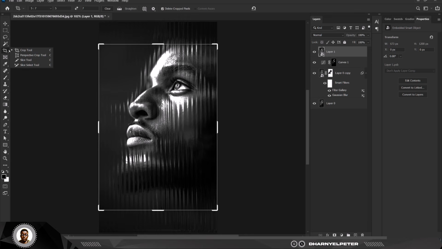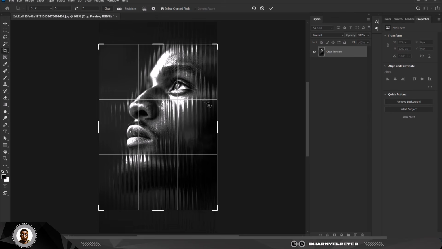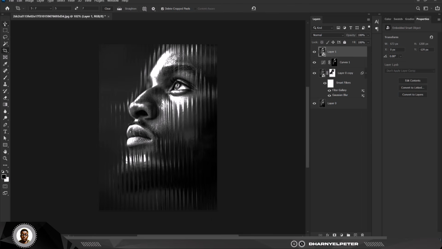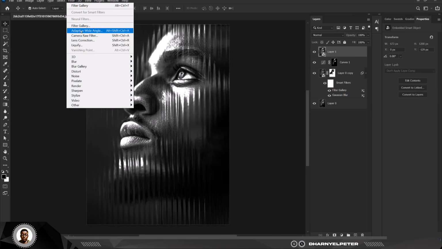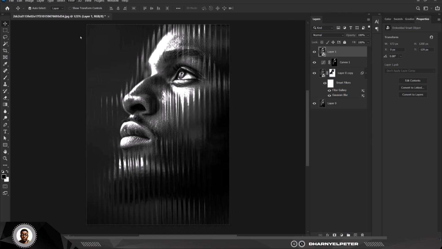And I'm going over to crop. The crop value, I'm just going to make sure I use a 5:7, right? So click on the option, make sure you're selecting 5:7, and I'm going to click enter here to crop this image, right? So I have a 5:7. Next thing I'm going to do with the smart object selected,